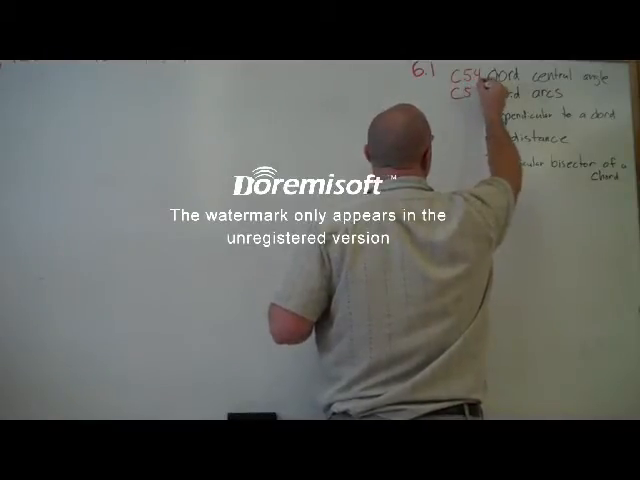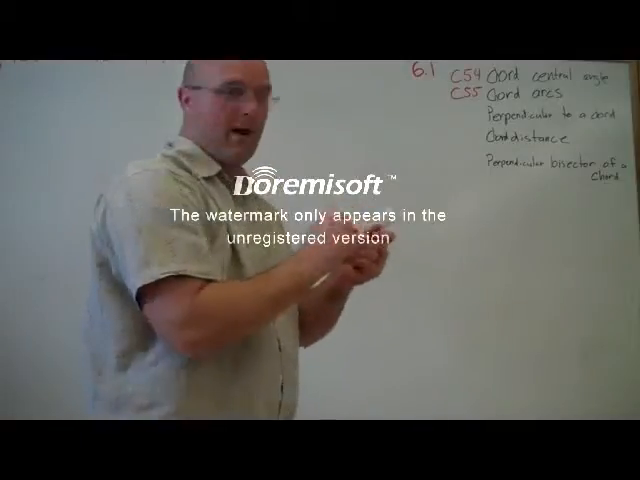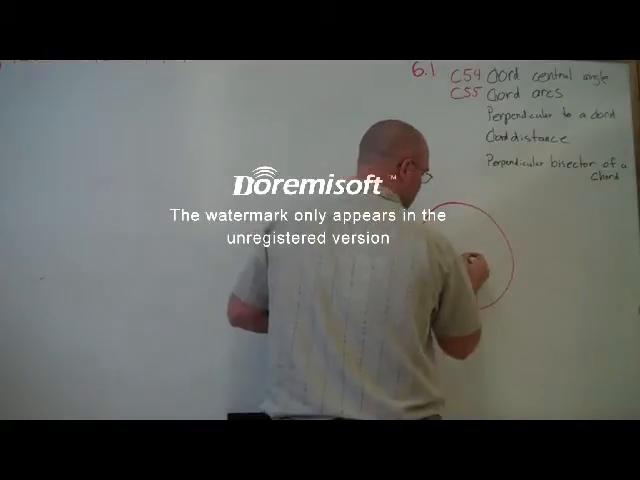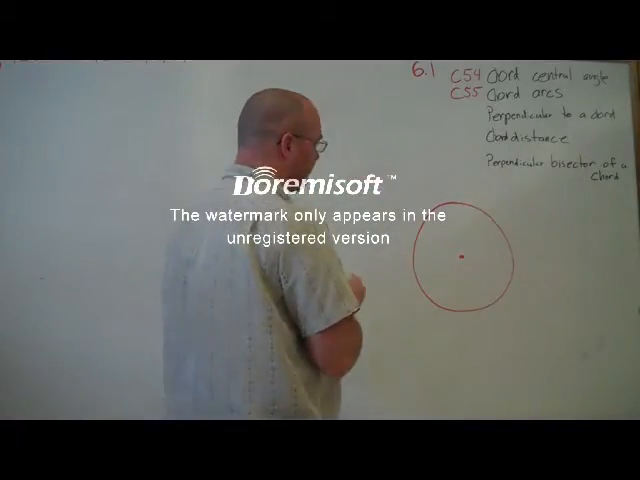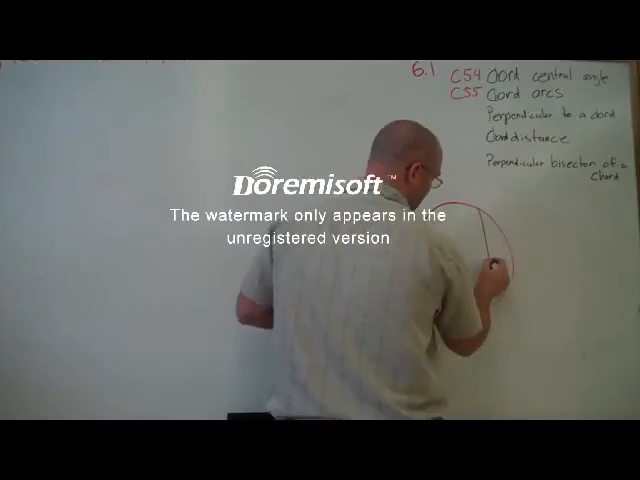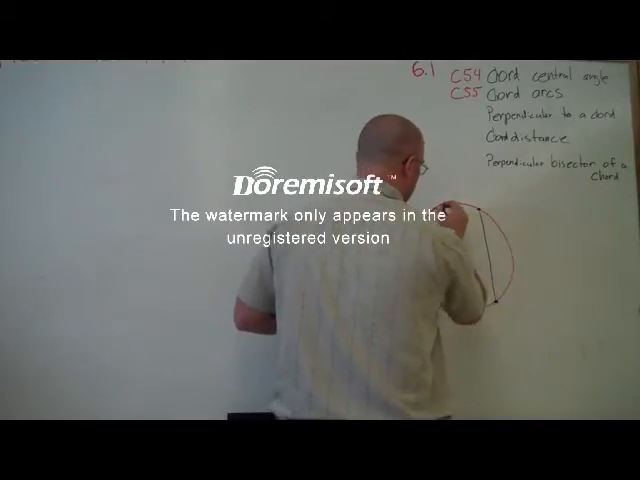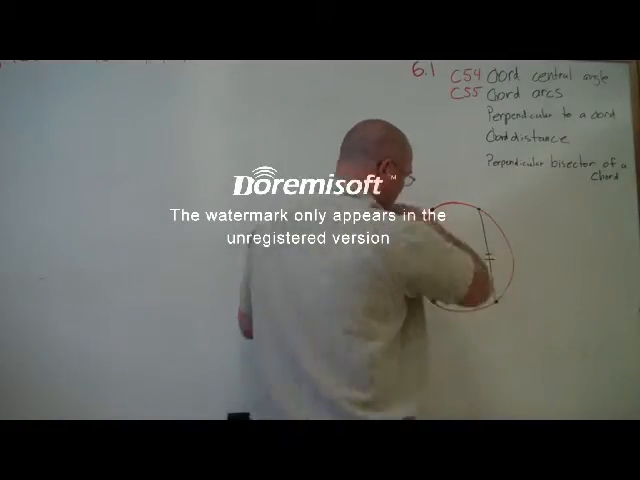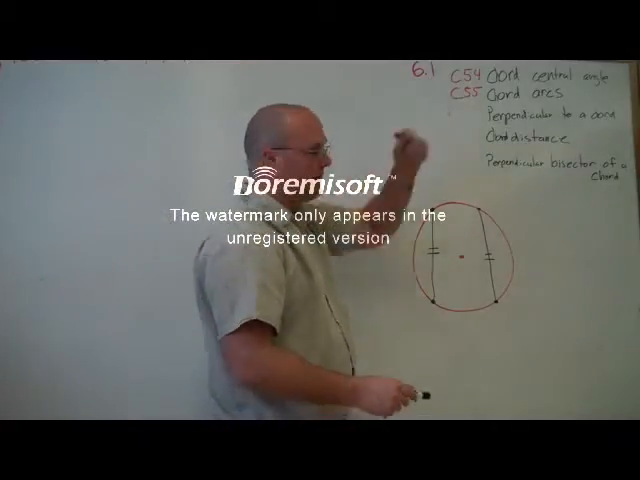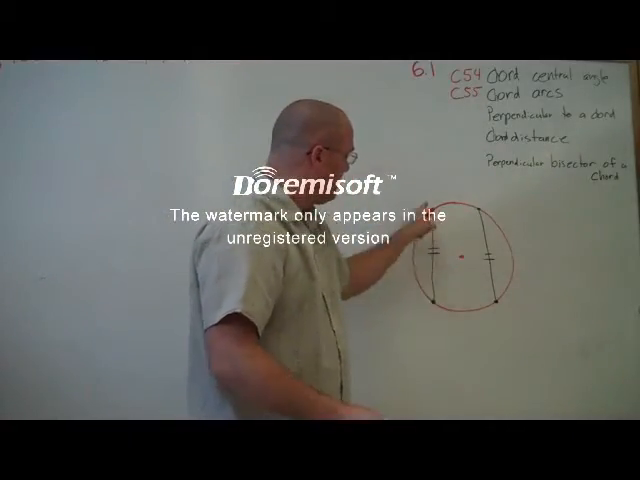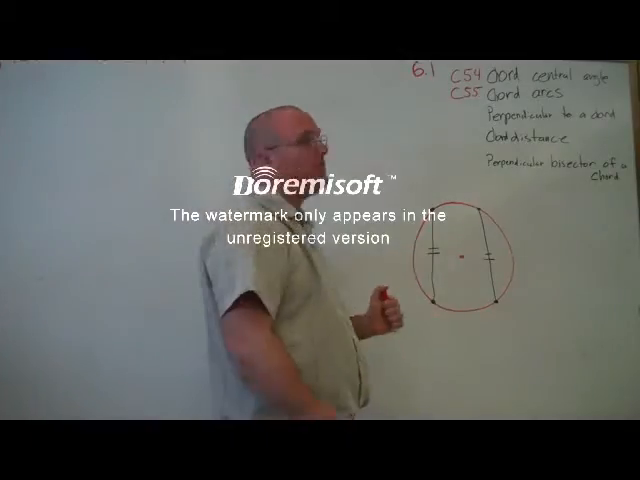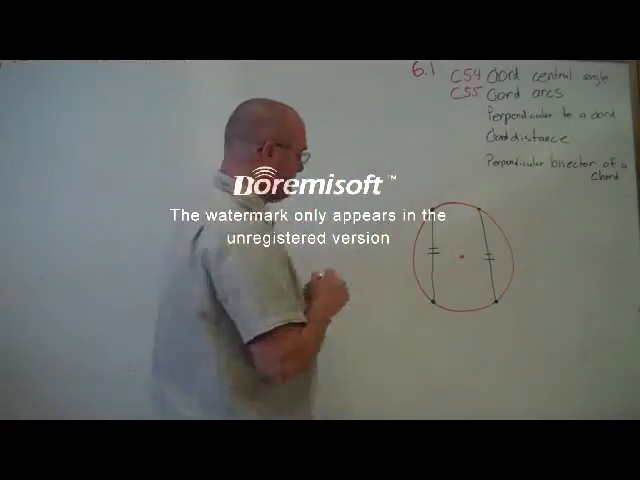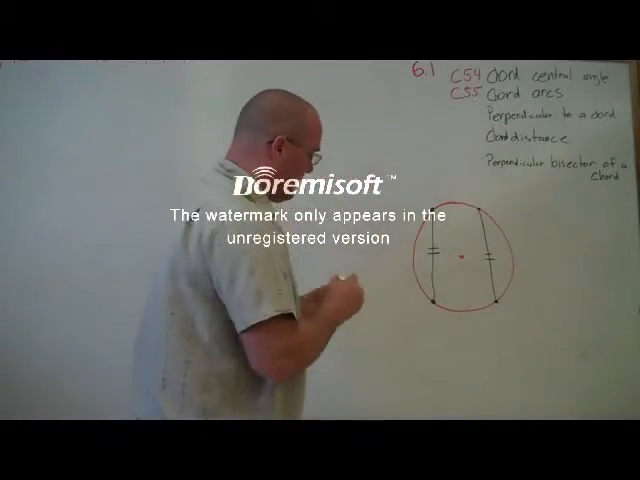Now C55. Chord arcs. Alright, here we have another circle. Here's the center of it. Here we have a chord, one here, and another one here, and they're congruent. The first one, C54, told us that if we drew an angle connecting these two chords to the center, those angles are congruent. Now, C55, chord arcs. If these two chords are congruent, that means